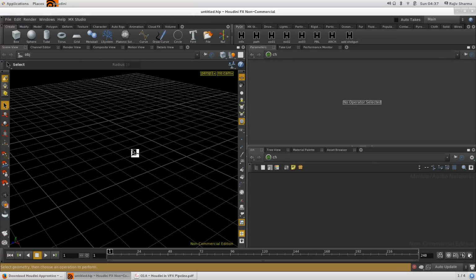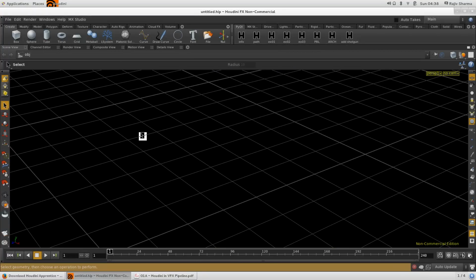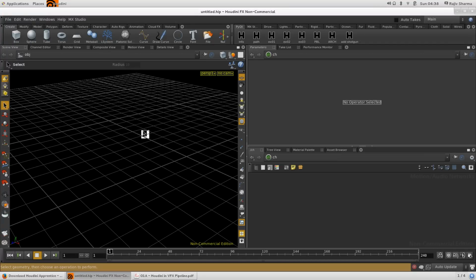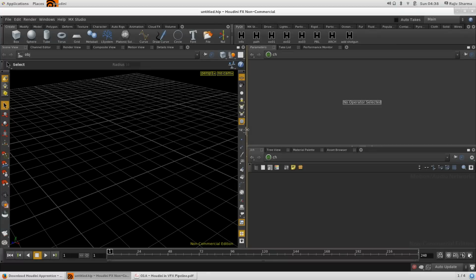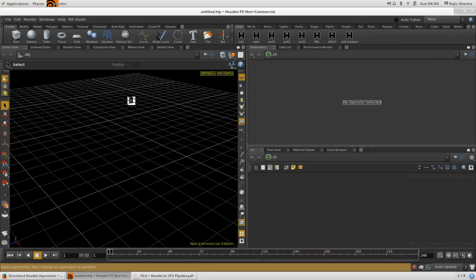In Maya you use Alt, and in Houdini you use the space key. Alright, so to maximize you can press Control B, B for ball. Control B again to return to the previous state. So this is our default view of the Houdini window,